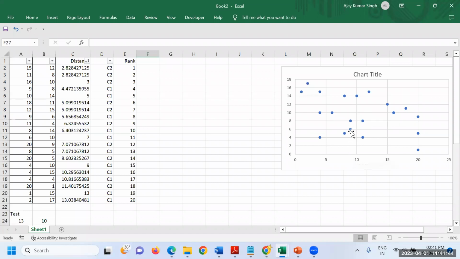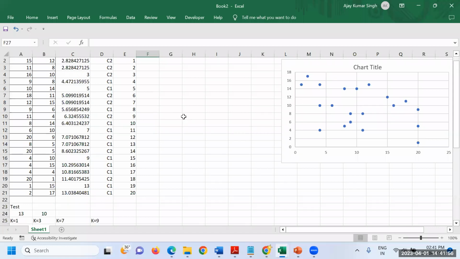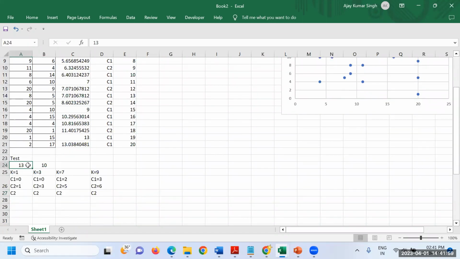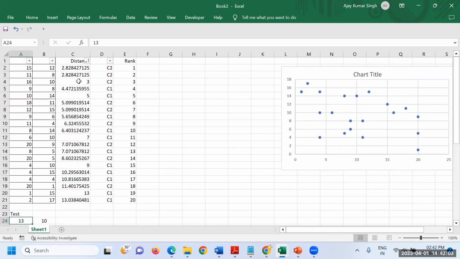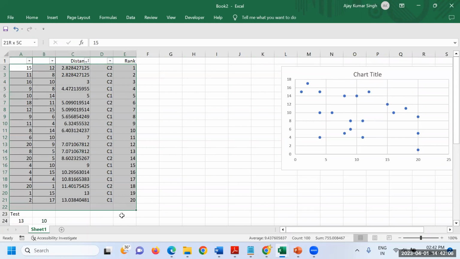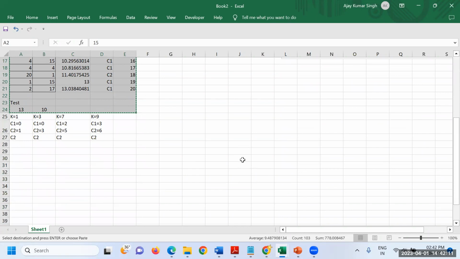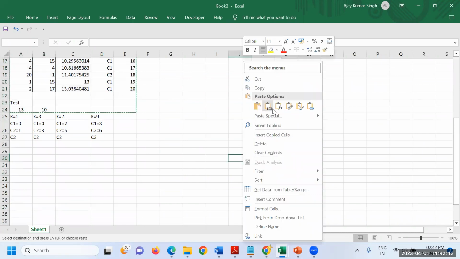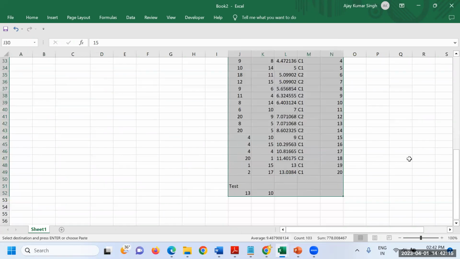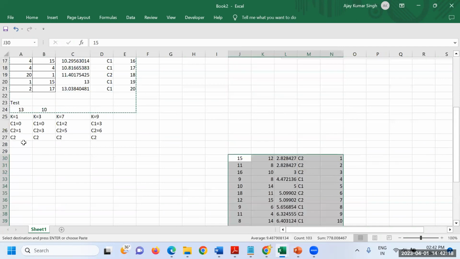Suppose I'm going to take, let's say, 9, and then we are going to take 12, 9 and 12, isn't it? So here I'm going to change this as well to 9. You may copy and paste somewhere, otherwise it is going to change, isn't it? So you may copy somewhere, Control C, and paste it as paste special by value, for future reference. You can do that.